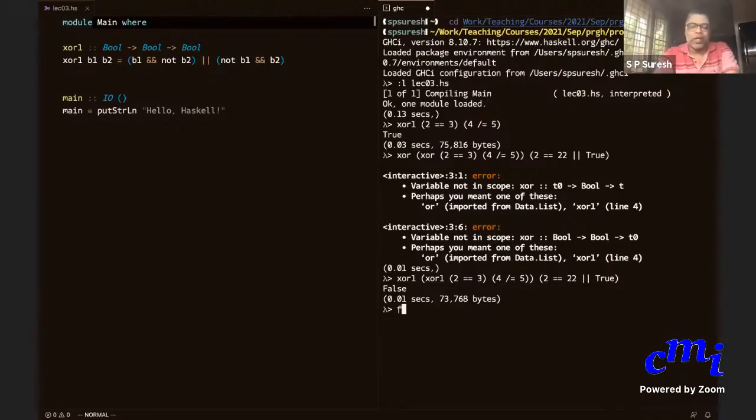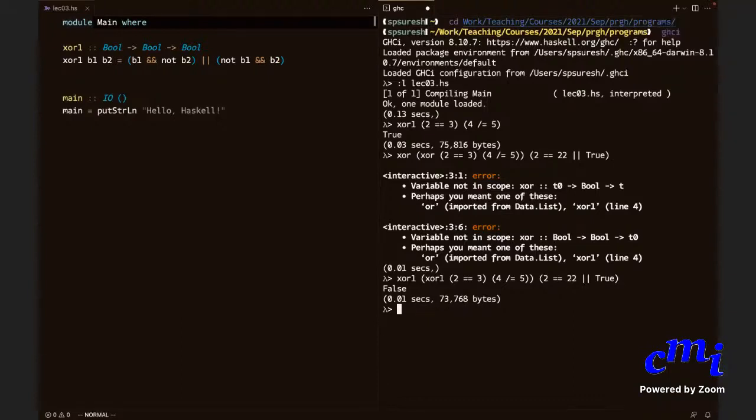But note that in mathematics you would write things like f of x, x within parentheses. But in Haskell you would write f space x. This is a crucial difference, so please bear that in mind. In mathematics, for instance, sine of f of x, you will write it like this. Whereas in Haskell you will write sine space f x, and the whole of f x will be within parentheses. We will see why all this a little later in the lecture. But this is just Haskell syntax. You write f space x, not f within parentheses x.